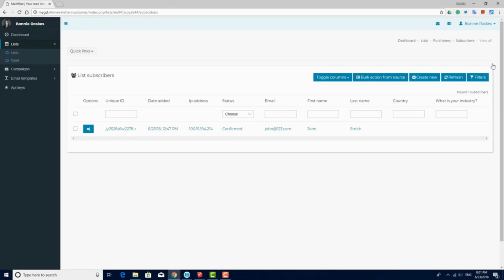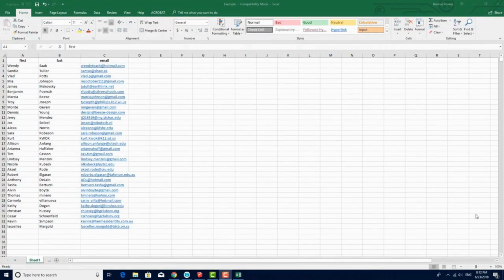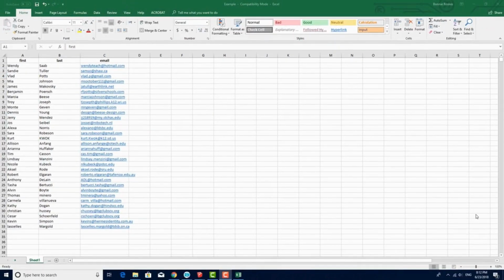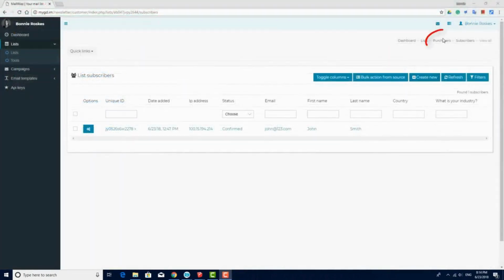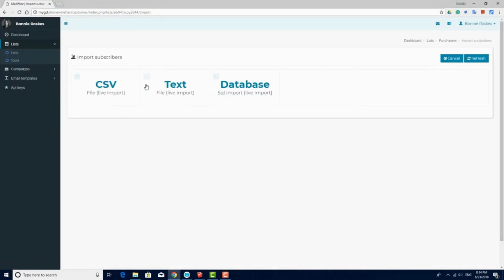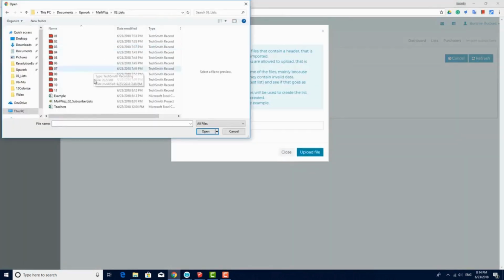Now say you want to differentiate between different sets of subscribers within a list. For example, here is a list of subscribers I have in a spreadsheet, saved as a CSV file. The first row contains column headers. I want to create a segment in this list for teachers, those that have EDU or K-12 in their email addresses. I want to make a segment from this list for teachers. I'll go to my list overview, click Tools, and import this list. Then I'll go back to my list overview,